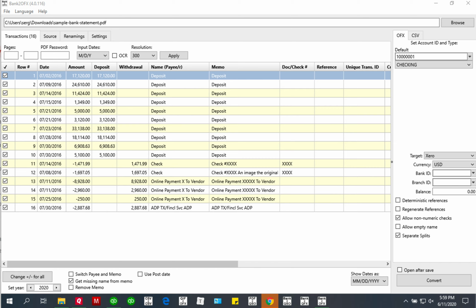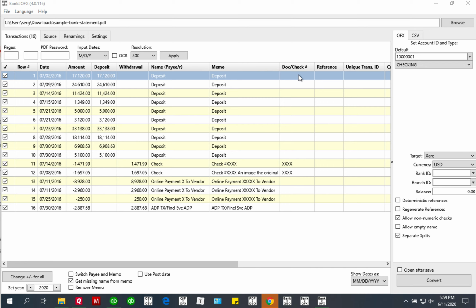Hello, this video talks about how to output to OFX format. If you need to create OFX format and you're using converters like bank to OFX, CSV to OFX, PDF to OFX or other to OFX converters, then this video is for you for better understanding what parameters or attributes OFX format requires. So, when you use an OFX converter, you will find the OFX tab on the right sidebar, and